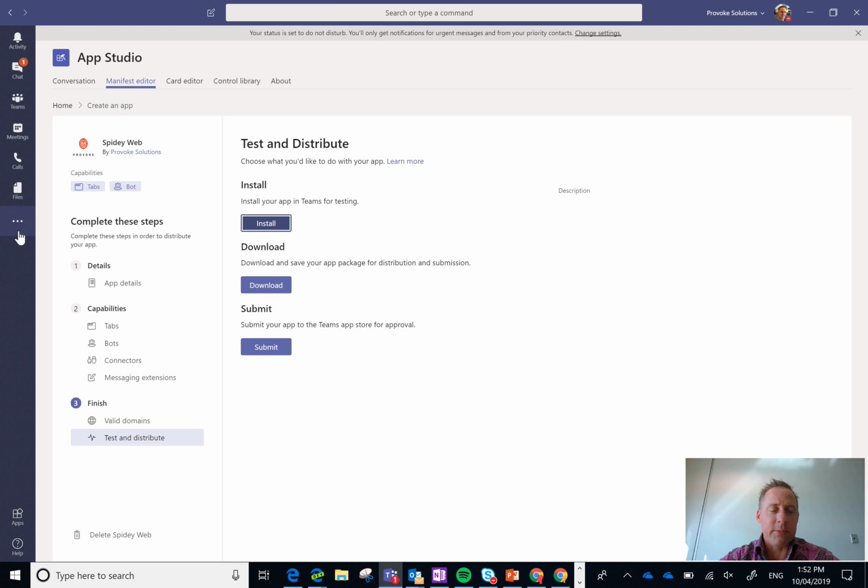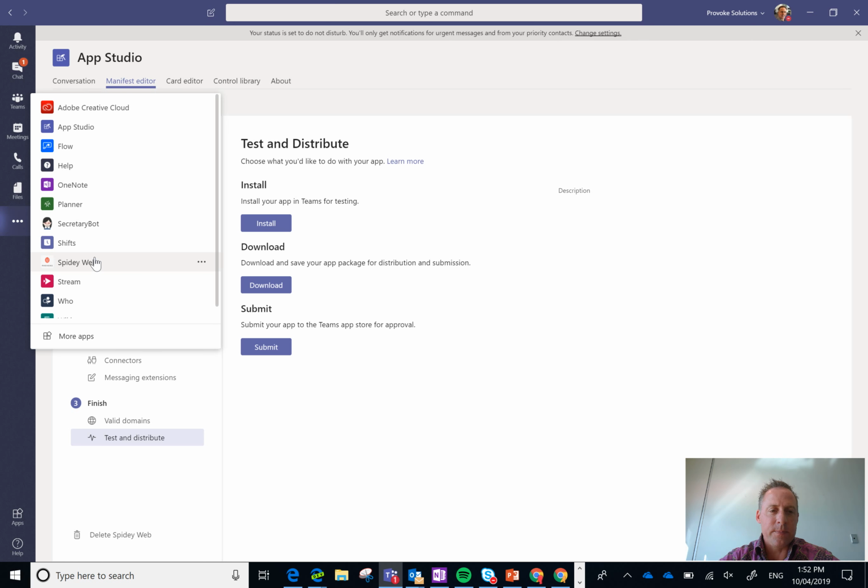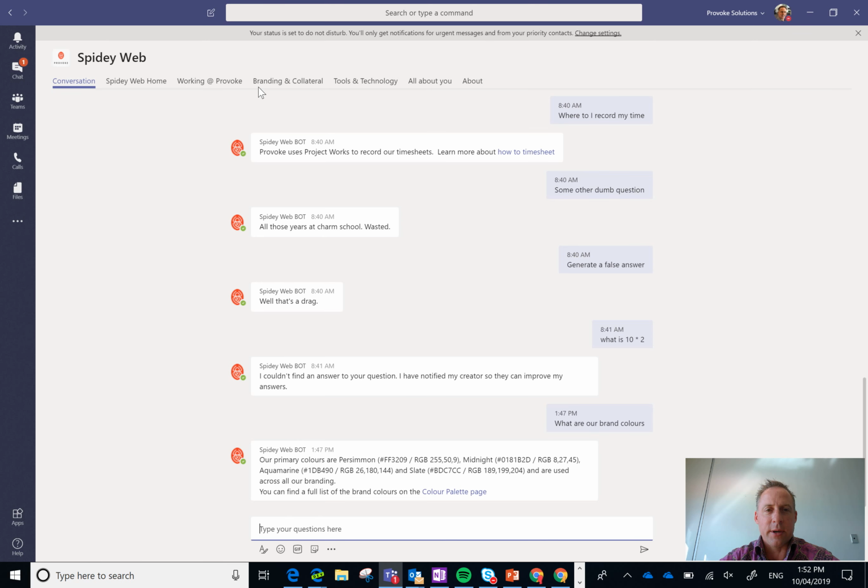But once you have it up and running, then it appears as an app in here. So here's my Spidey Web app. And I also have some links to other content on the intranet. But I can also add it within a team space as well. So if you're using Teams and you've created the all company organization team, then you can add it to that team as well to answer questions. And if you have it inside a team, you just go at and then the name of your bot. So we'd go at Spidey Web Bot